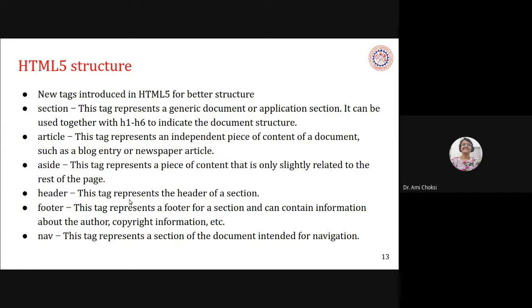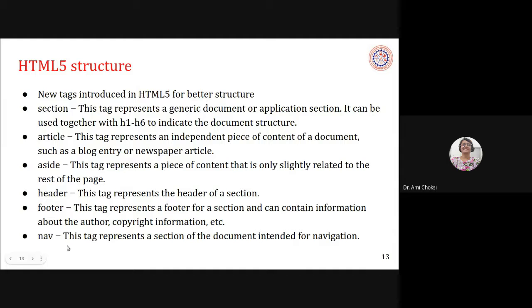Header. This tag represents the header of a section. Footer. This tag represents a footer for a section and can contain information about the author, copyright information, etc.